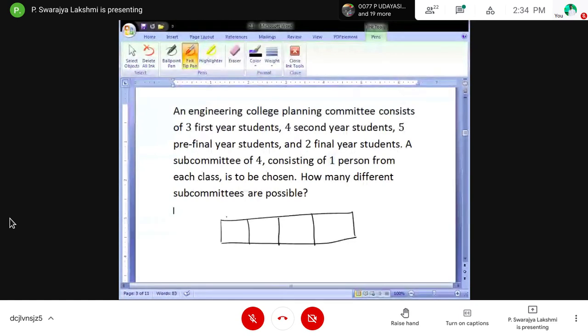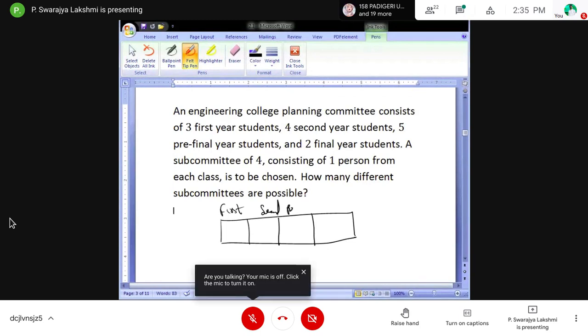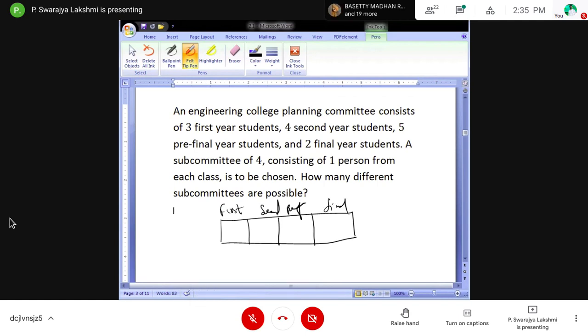So let this be first year, let this be second year, let this be pre-final year and let this be final year. How many students do we have for the first year? 3. All the 3 are eligible, so we have 3 possible ways to select the first year member.